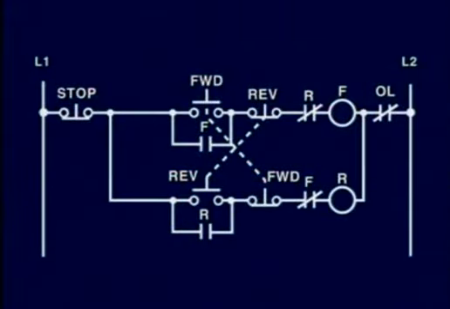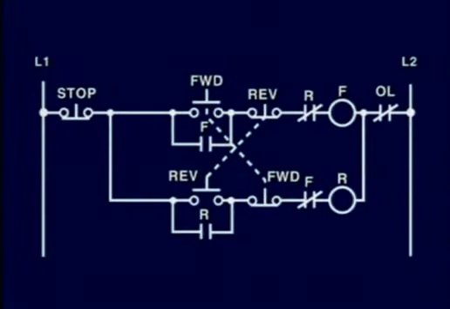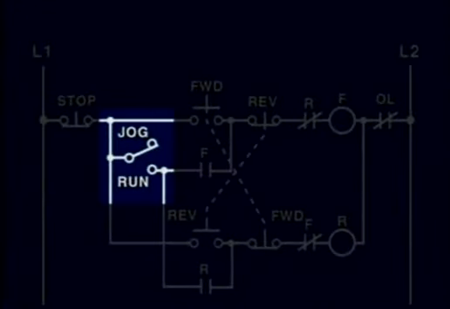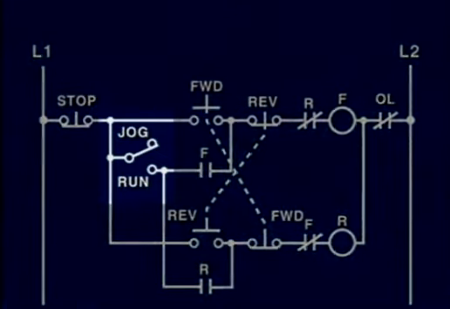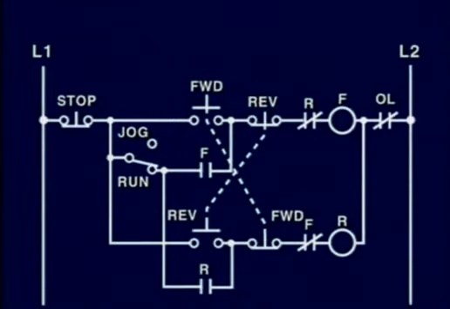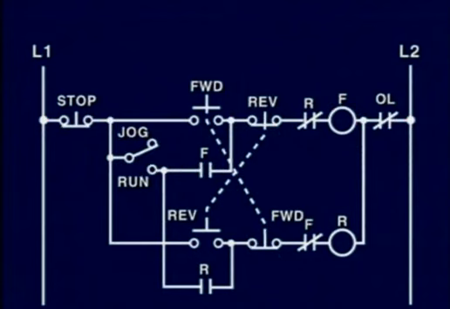This circuit provides double interlocking to prevent the motor from going forward and reverse at the same time. One is mechanical, provided by the push buttons, while the other one is electrical, provided by the auxiliary forward and reverse contacts. With a slight modification, this control circuit allows the three-phase motor to jog in the forward and reverse direction. When in run, it will act as a forward-reverse control with interlocking, while in the jog position, the motor